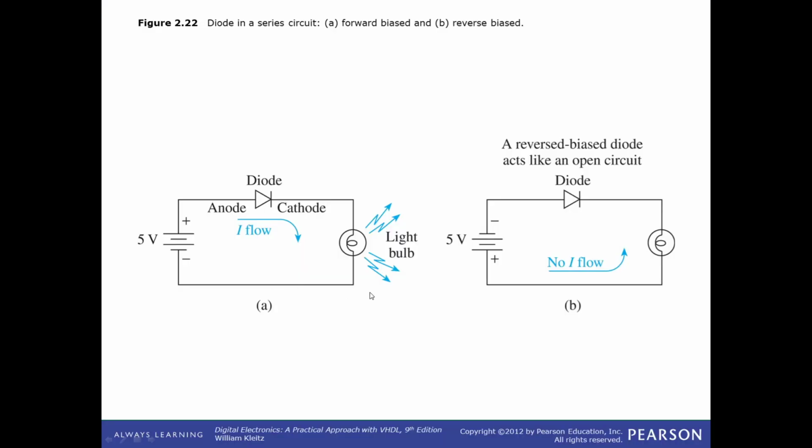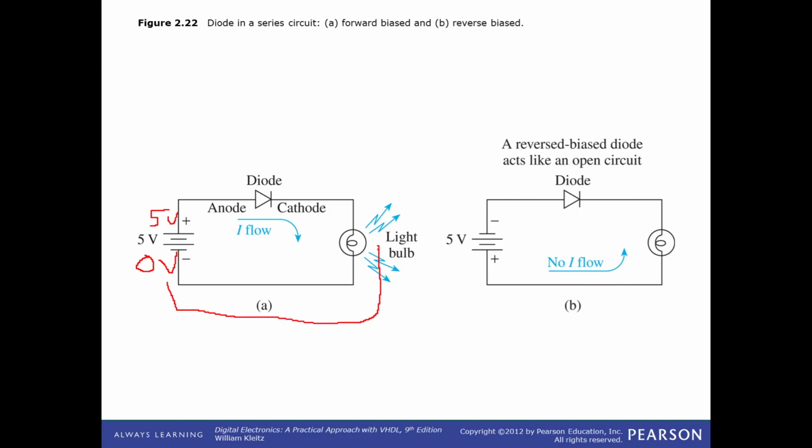So then they show a diode here in a circuit with just a light bulb. They have a 5-volt source here, and remember that with these symbols for the DC power sources, the side with the long line is the positive side, and the side with the short line is the negative side. So the long line here means that this is the 5-volt side, and the short line here indicates we're going to assume it's a 0-volt voltage level, which means if we trace this all the way back through the light